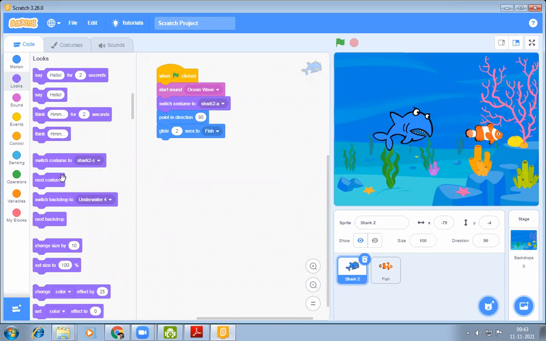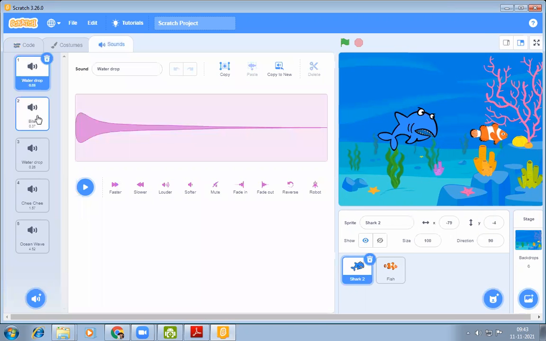Next costume, start sound bite. Click sound, click on bite.